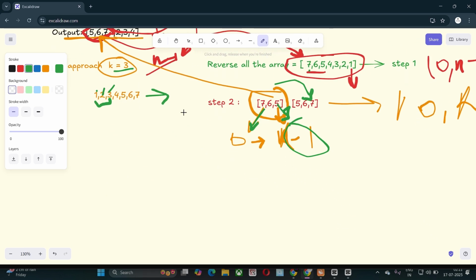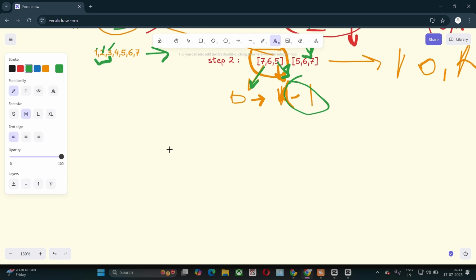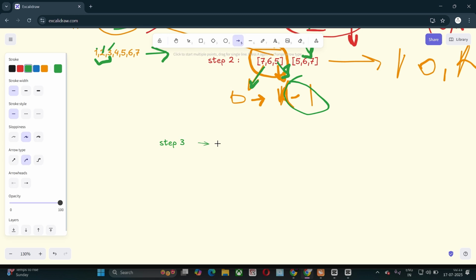First we traverse 0 to n minus 1, second 0 to k minus 1, and third our traverse is k to n minus 1.